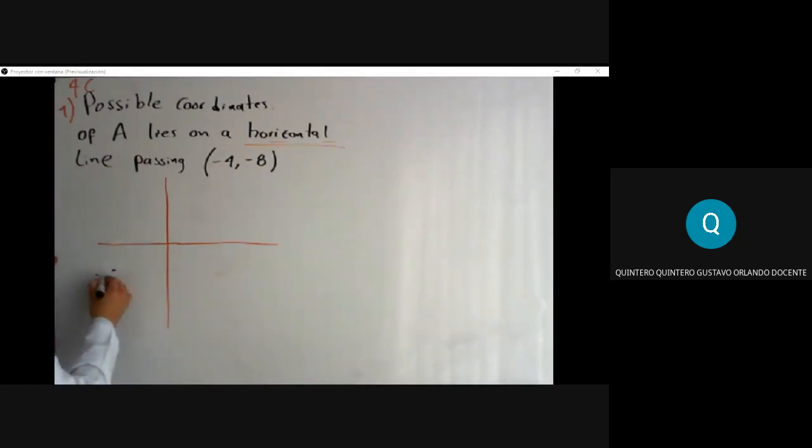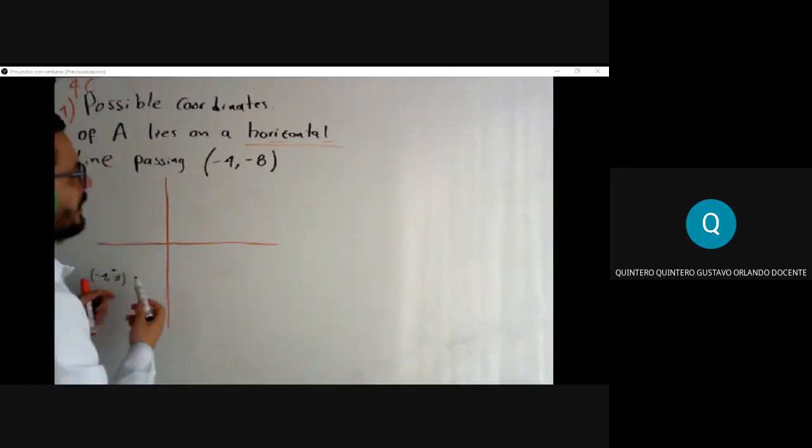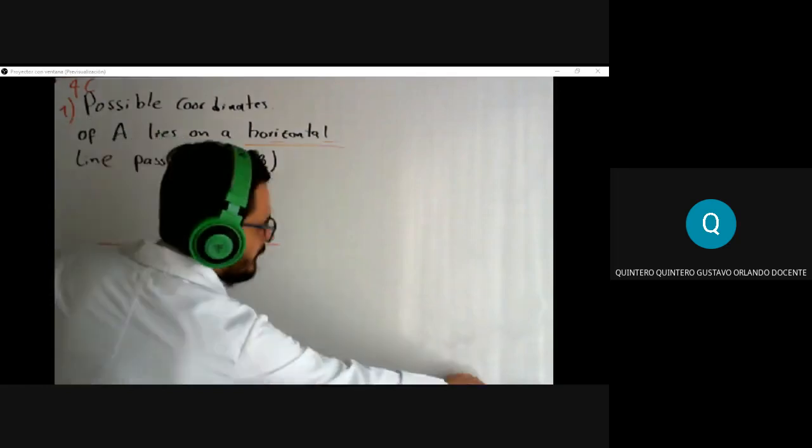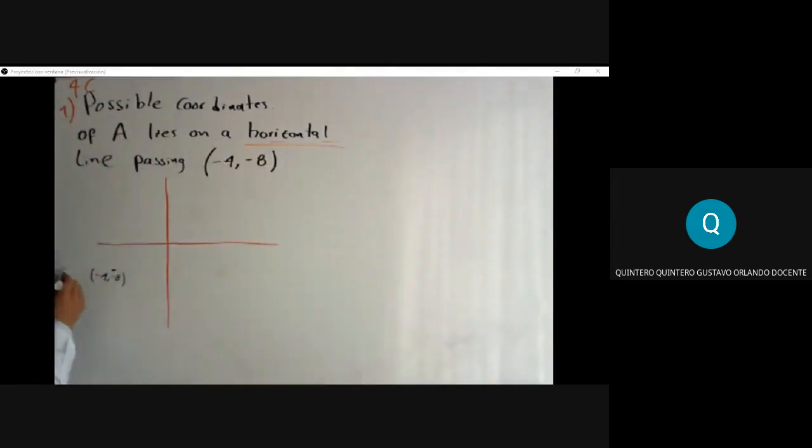This would be -4, -8, right? If we want to look for every single possibility creating a horizontal line, we are talking about this line over here,